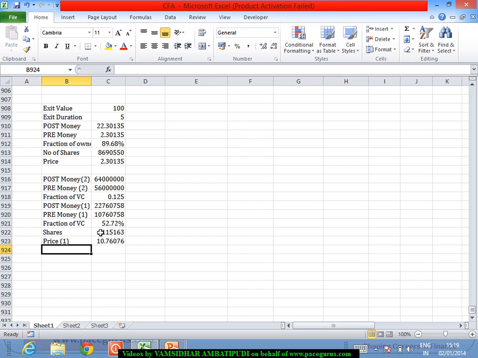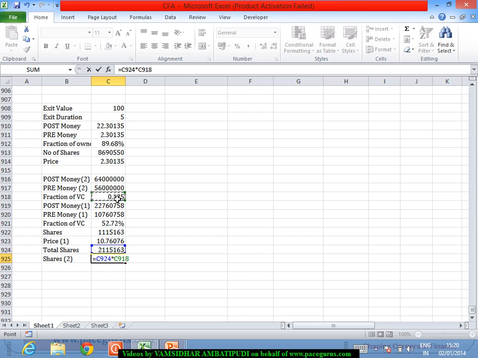Now for the second transaction, the total number of shares that are there. So total shares now at the end of the first transaction is what VC is getting, and 1 million is what is already existing with the founders. So these many shares are there in the market for that particular security. So the number of shares based on the second transaction: again the same, total shares multiplied by the fraction of the venture capitalist divided by 1 minus the fraction. So almost 302,000 additional shares are getting issued,